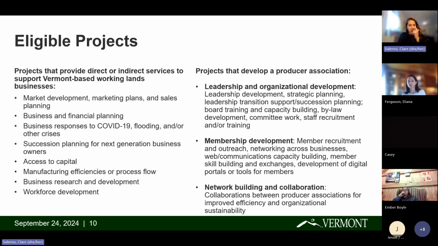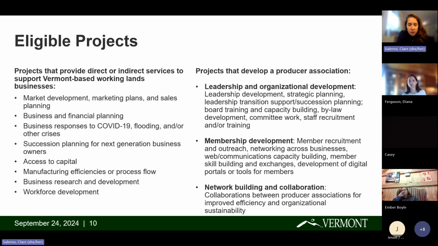And then the other bucket is projects that develop a producer association. So if you're representing an association that represents Vermont food, forestry, beverage, agriculture products and are looking for funds for specific leadership and organizational development activities, such as strategic planning or board training, committee work, staff training, that type of thing.